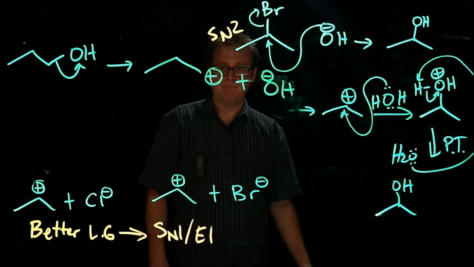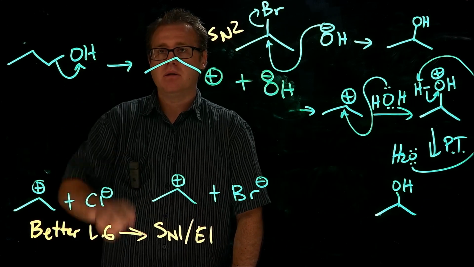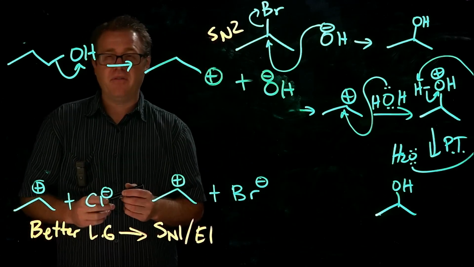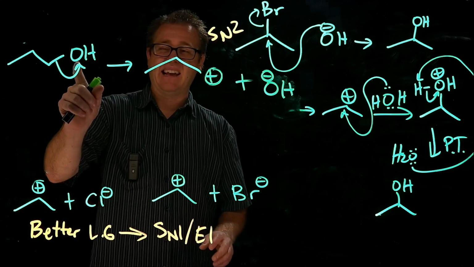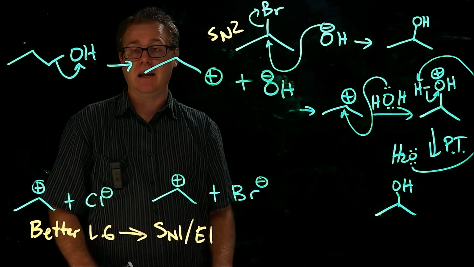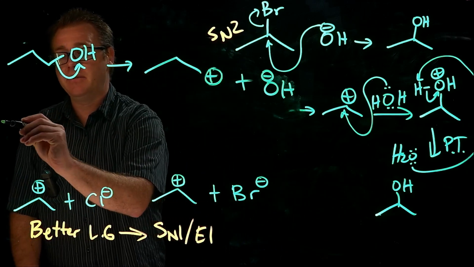Can that happen? I hope you're all saying no. Alcohols are horrible, horrible leaving groups. But what if you really do need to get rid of that alcohol? What if you need it to leave? Well, you can convert alcohols into good leaving groups